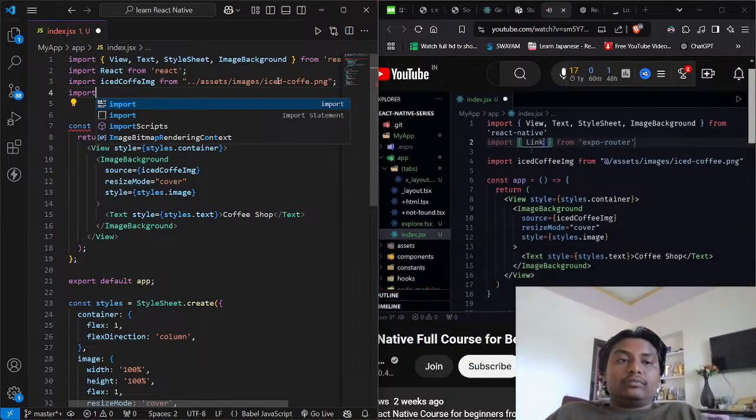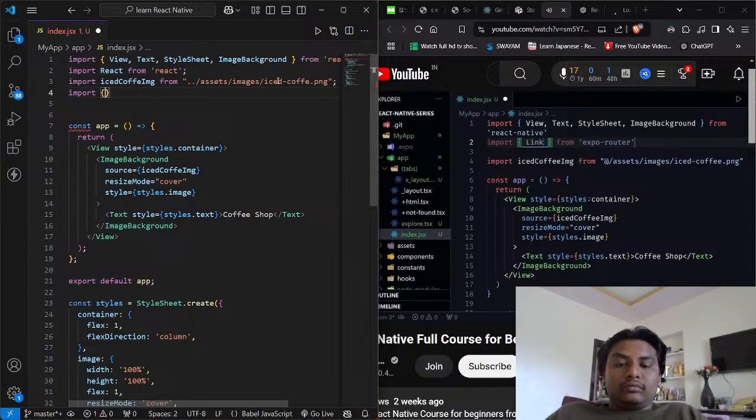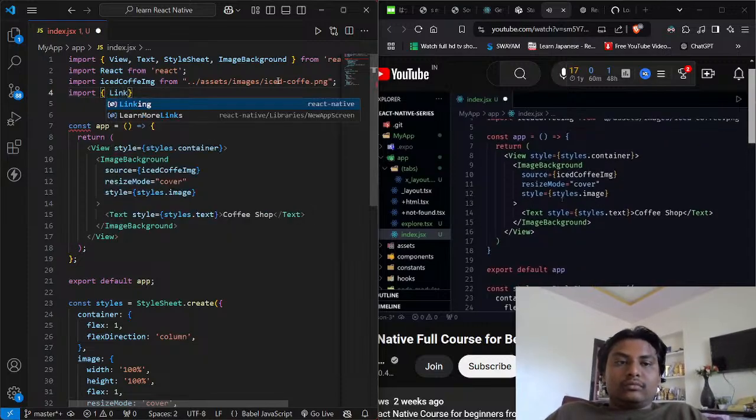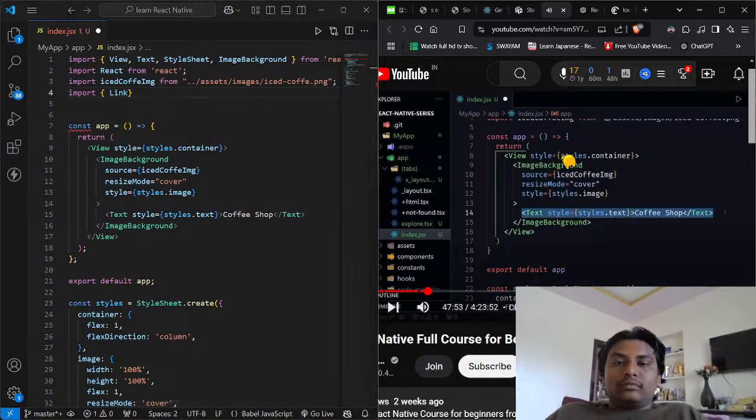link there, so this shouldn't be too new if you've worked with Next.js. Just a little aside there though, it doesn't matter, that's not required to learn React Native. Okay, underneath the text we have for coffee shop,